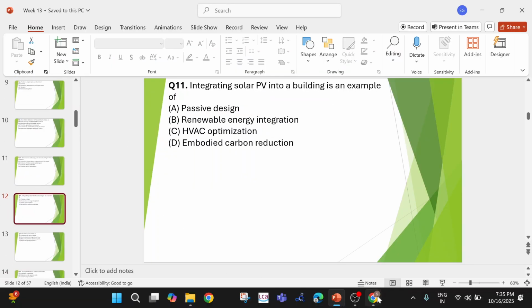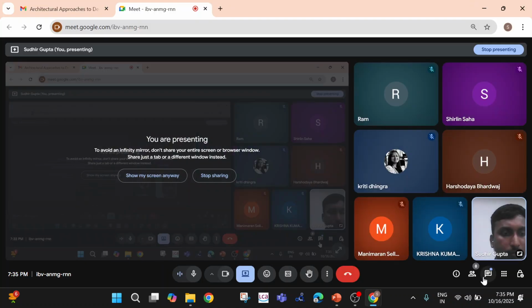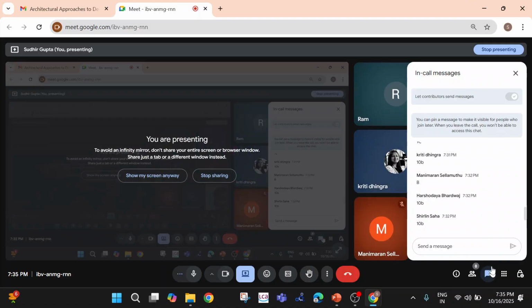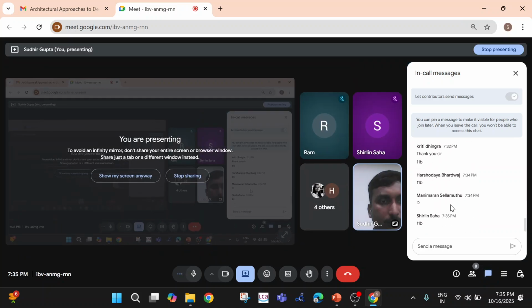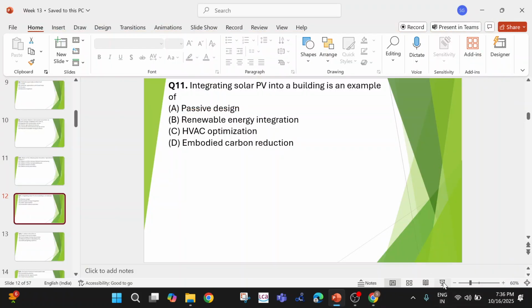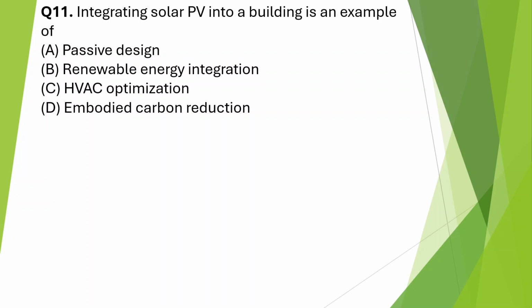So as you all can see, for this particular question number 11, this time also Kirti was the first to answer rapidly, then Harsuday, and Manimaran has a different opinion, and other participants have the same opinion. So let me discuss the final answer: whenever you are talking about the integration of solar PV into the building, this will be an example of